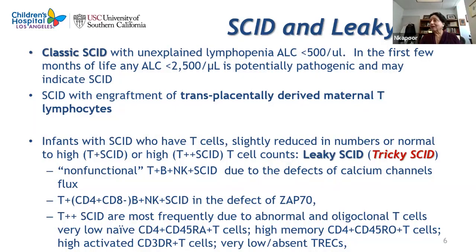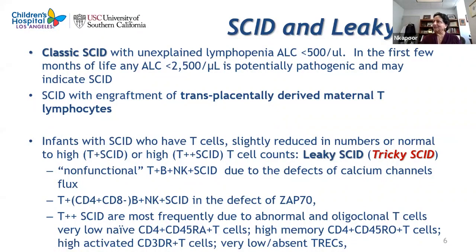Okay, but there are infants who may have T cells and who may have B cells, but they still fall into the category of severe combined immunodeficiency because their cells are either lower in number or don't function properly, just like I told you early on that the numbers could be low and their function could be abnormal. So in those cases, these could be the leaky SCID, because the numbers are there. The number could be low, it could even be normal, and in some cases the lymphocyte number could even be high. So as I said, they are known as leaky SCID, and I call them tricky